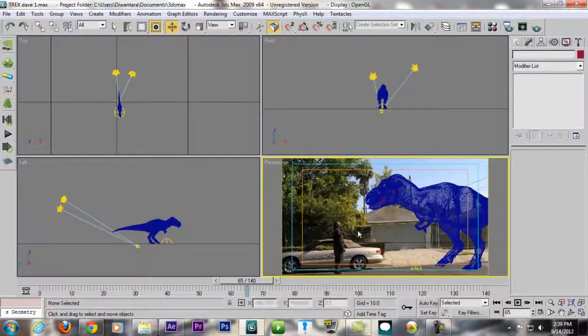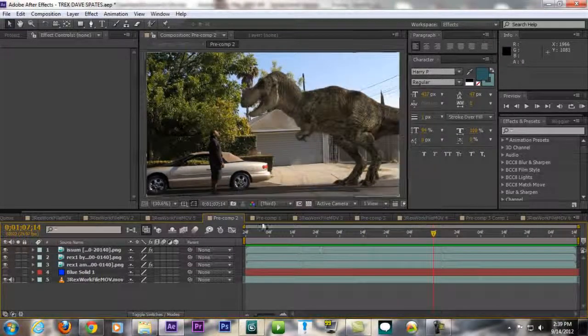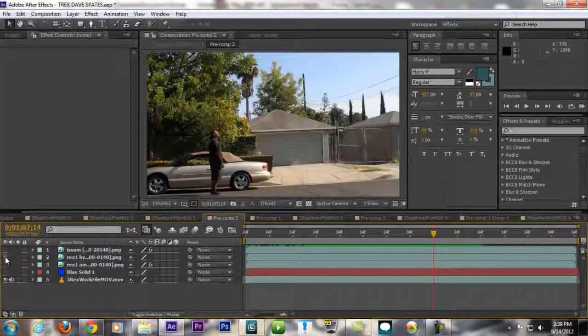enough talking, and now I'm gonna be teaching you how to render properly. Sam and Nico from Corridor Digital actually already told us how to render properly. Back in the day I always rendered, for example, this T-Rex with the shadow and so on. Well, the problem is when you color correct the T-Rex, the object, it will also color correct your shadow. So Sam and Nico teach us how to render properly, which is to render the object and the shadows separately. As you can see here, I get the T-Rex alone, and then the shadow, and then the ambient shadow. All of them are rendered